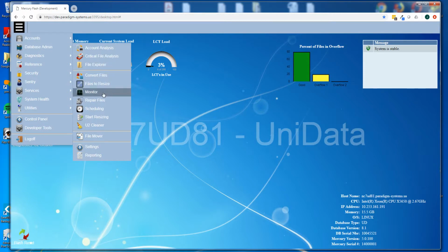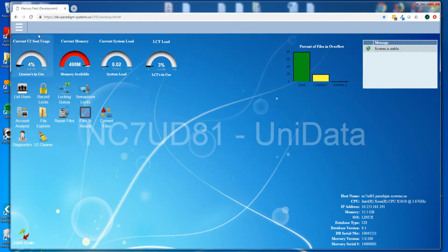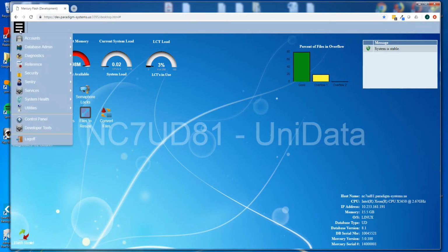At this point, you can go back into the monitor if you want to. If during the analysis phase any files are found to have damage, they would show up in the repair files list. Anything from the repair file list, if there were any here, would be, if you select them to repair, Mercury will make backups of the files prior to doing the repair. It will perform the repairs, and then it will reanalyze those files to make sure that there are no further